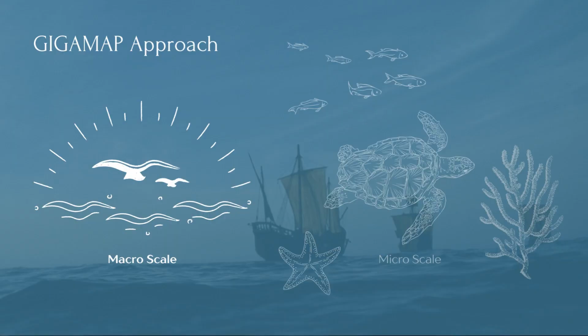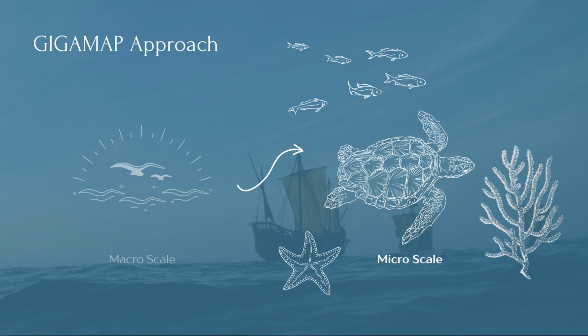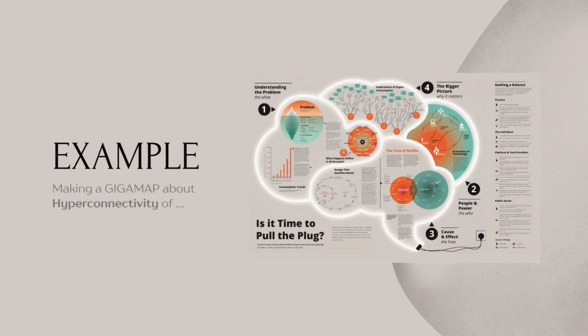Gigamapping allows you to understand both the macro and the micro level by not just looking at a single problem, but also its broader environment and related topics. You can combine and relate categorically different entities, which will help you understand the interrelationship and get a grasp of the broader system. Let us examine this example that tries to understand hyperconnectivity as the lines between physical and digital